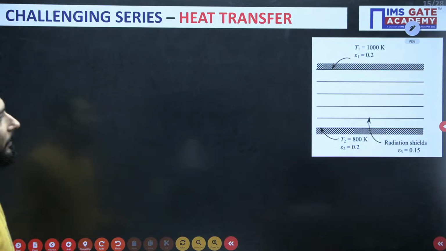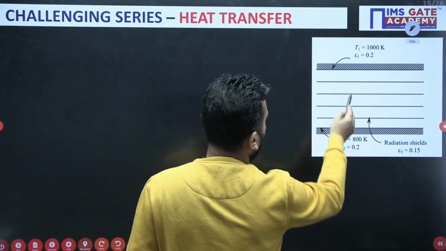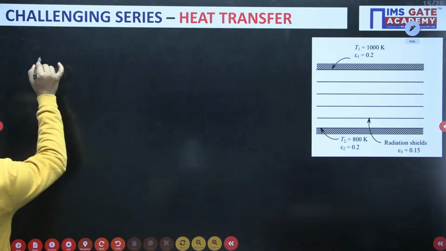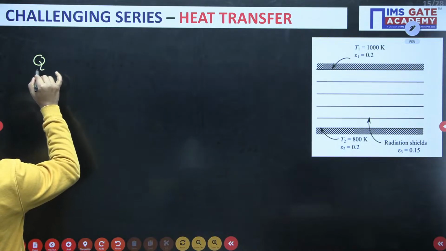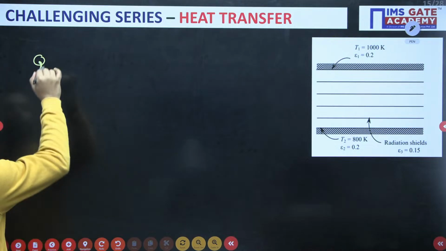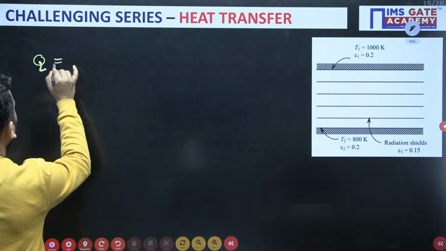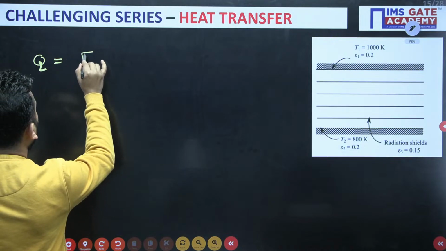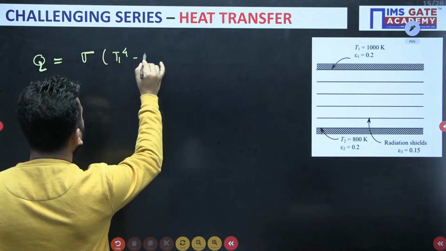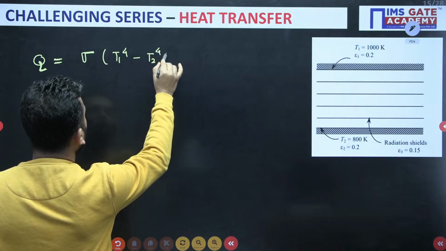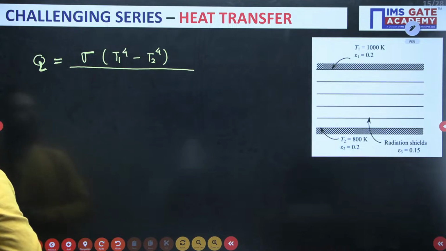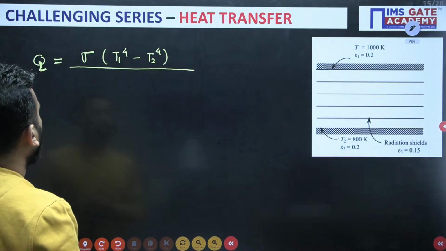So see, this is the question. T1 and T2 are given with emissivity. So what is the formula? What is the question saying? The number of shields. So Q is sigma. Now this is the formula for two large plates at a distance, infinitely large plates, 1 by